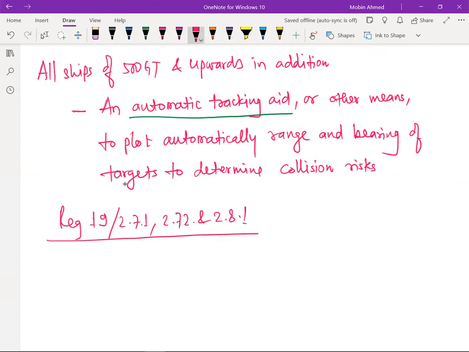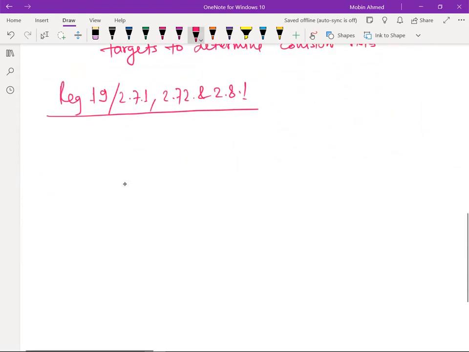What it says is that all ships of 3000 GT and upwards shall in addition